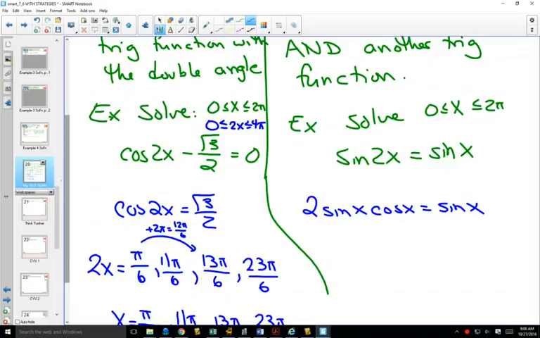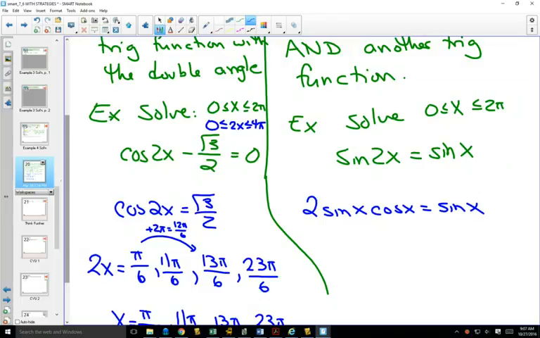We still have 2 trig functions in this equation. So we think, can I change everything to a single trig function? Well, I can't change cos to 1 minus sine because it's not cos squared. So in this case, we can't do that. You might say to yourself, hey, I could divide both sides by sine, and then I get rid of the sines. But if you think I should divide by that instead,